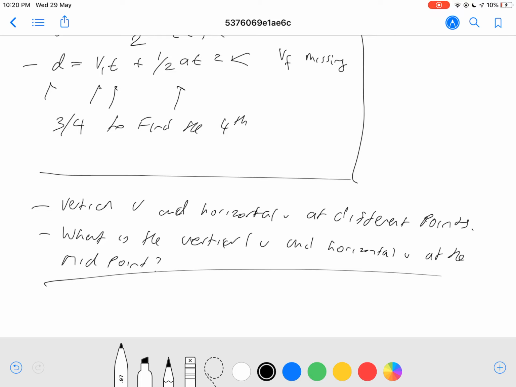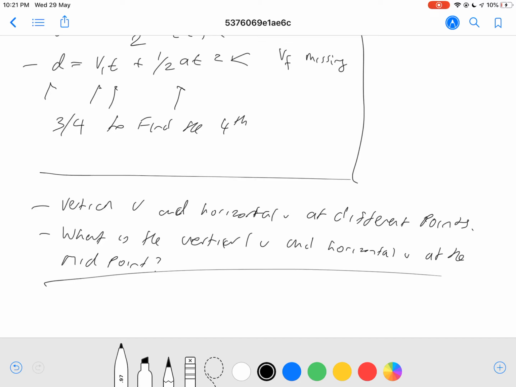So they might tell you to draw vector diagrams at different points. Just remember, while the ball is moving upwards, at the very start there's a very high vertical velocity and the horizontal velocity is constant. So anywhere on the parabola path, the horizontal velocity is going to be the same length, so your vector arrow should be the same length.